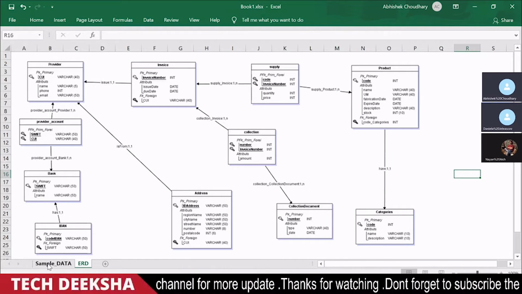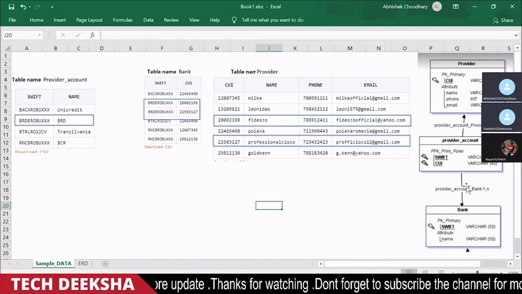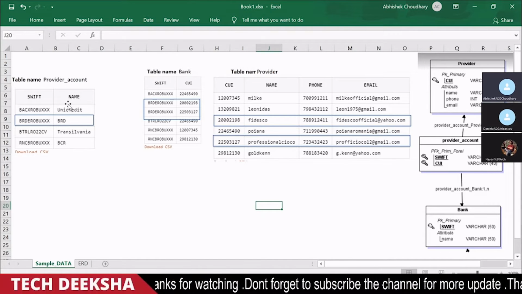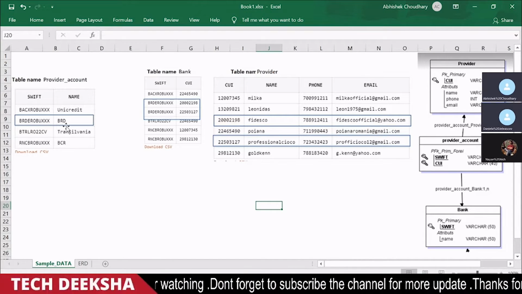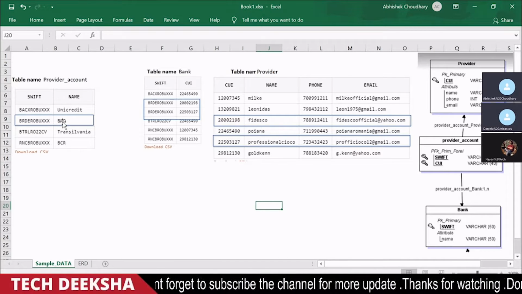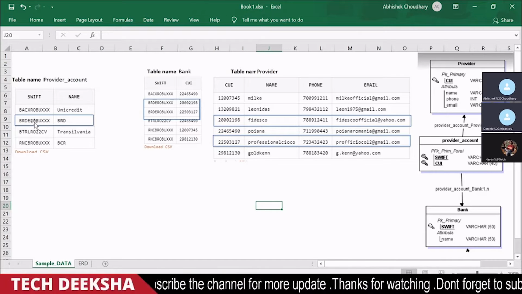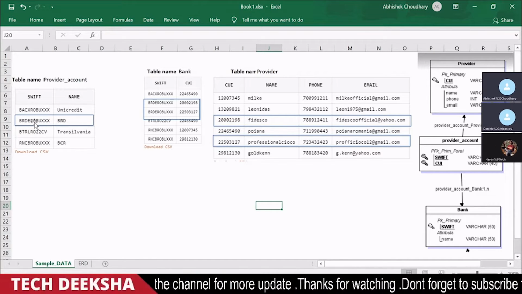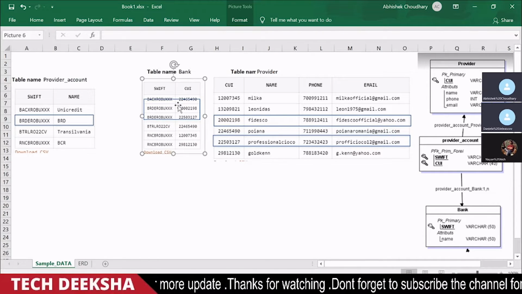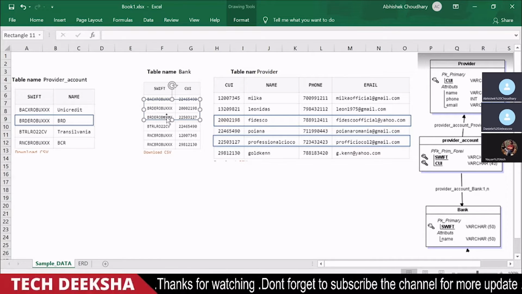So as per the sample data received from you, I have taken these three tables. If I take the provider account, that provider name, let's say for example BRD, then from BRD first we'll get the Swift, and then from Swift we'll query in bank, and we will get these two records, right?